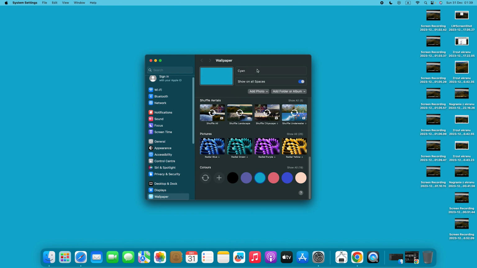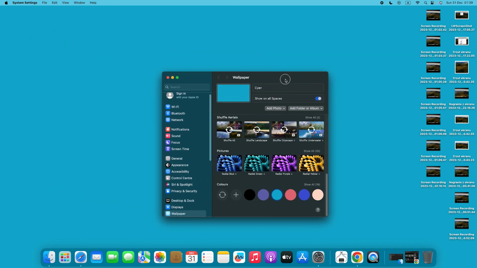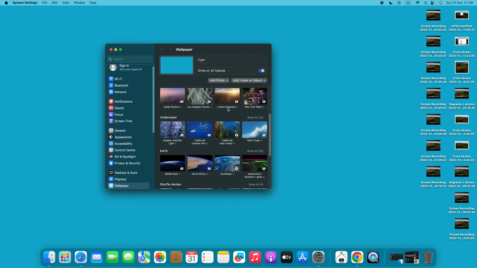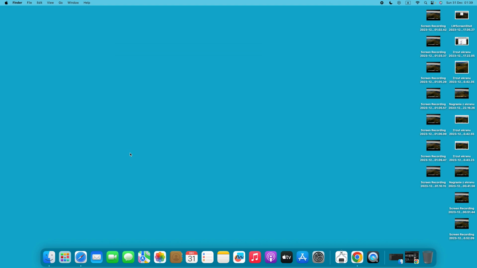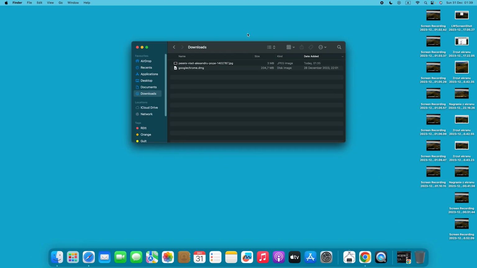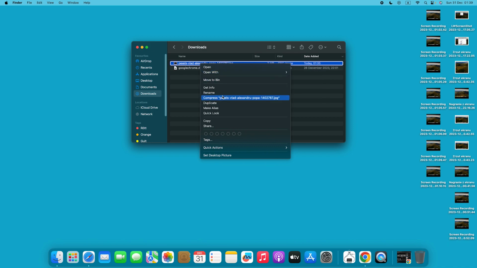for your back screen, but of course we can choose our own image and use it as the background. To do that, you just need to download an image from the internet and then just click on this image. Of course, you need to check the resolution. Resolution must be